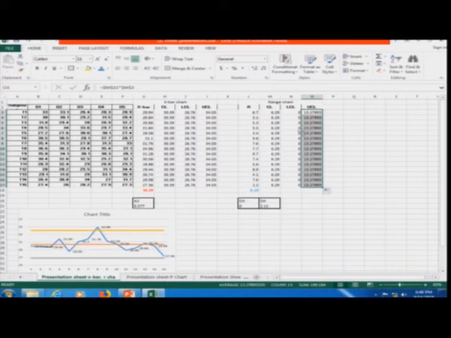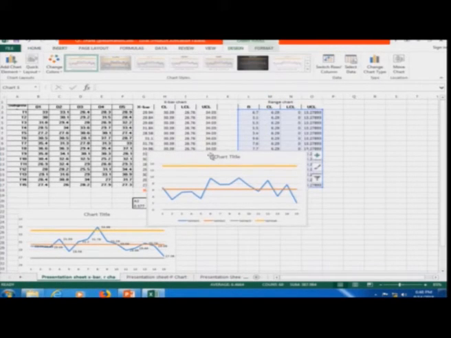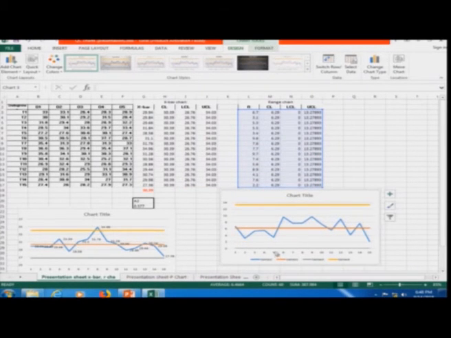So, we have got lower control limit, upper control limit and the values of this center line. So, let me try to plot this, insert line. Okay. So, this is my R chart and we can see that okay, it has not picked the name